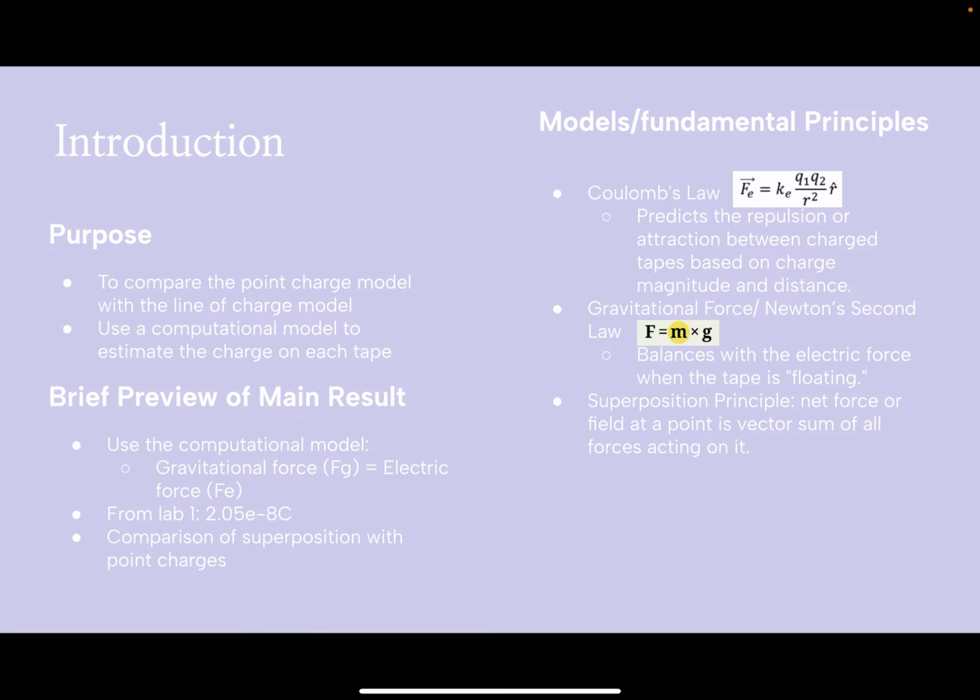The goal of this experiment is to compare two charge distribution models: the point charge model, which treats the tape as a single point charge, versus the line of charge model, which assumes that the charge is spread along the tape. In this experiment, the main concepts include Coulomb's law, which describes how electric force depends on charge and distance,